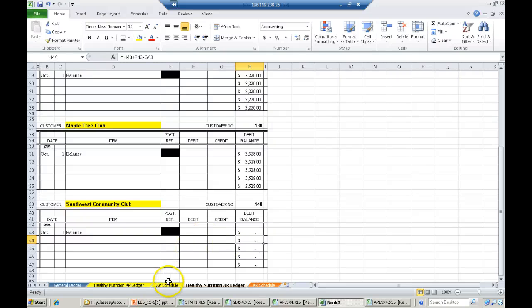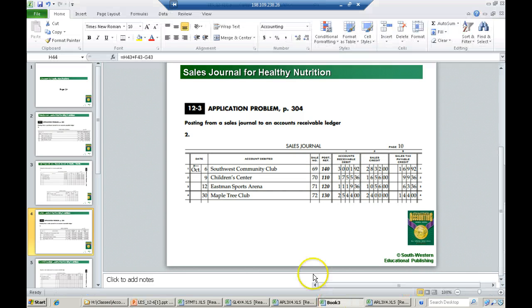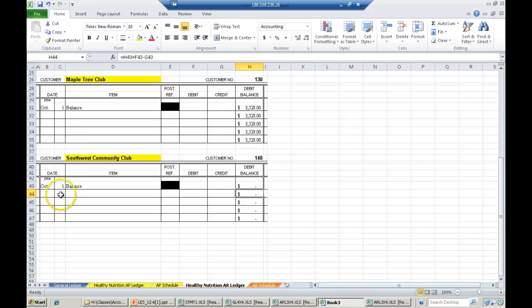Let's move on to 12-4. We're going to use the sales journal here to post to our accounts receivable ledger. Actually, we're going to stay with 12-3, not 12-4. So let's take a look at each of our sales that we made on account. Each of these three accounts are going to be affected for each transaction that we have with these companies. So let's take a look at the first one here, Southwest Community Club on the 6th,